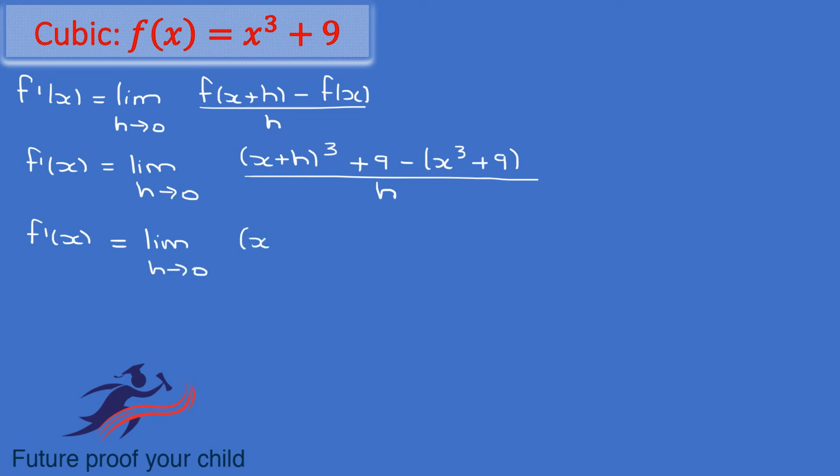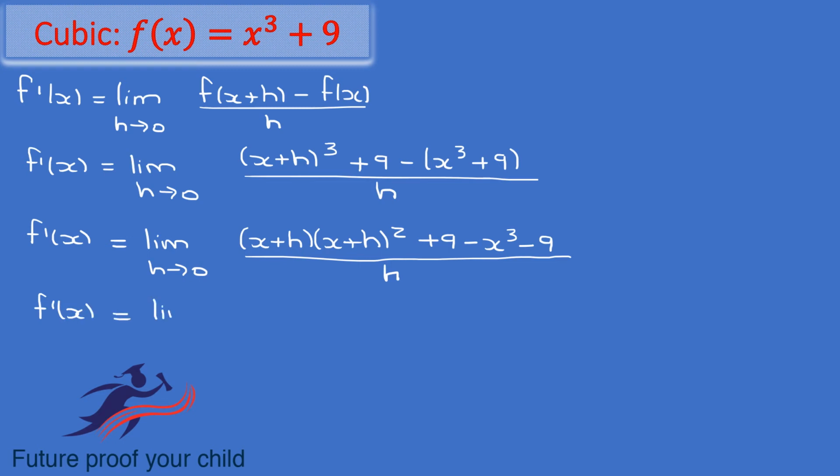I would write x plus h, and then you have x plus h squared, plus 9. Distribute the negative into the bracket, so it's negative x cubed minus 9 all over h. So the derivative equals the limit as h approaches 0. I would keep the x plus h first, then square the binomial. X times x is x squared. X times h times 2 is 2xh, always positive. h times h is h squared. 9 minus 9 cancel, so it's negative x cubed